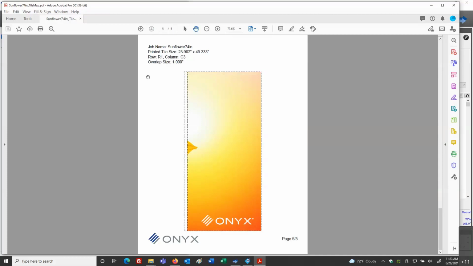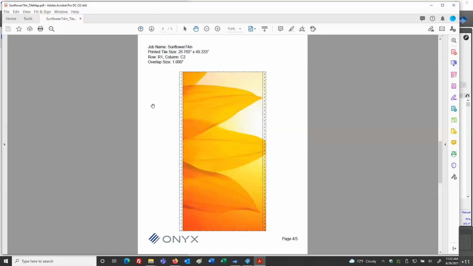Now, the purpose of this PDF tile map is a representation of how the tile panels are, how many they are. There's a visual of the art of the file. And so we can email this to the installation team, and this could be something that they can reference as they are on site and about to install the tile components. At any time in this PDF tile map, if I want to go back to the main page, I can click up here on the job name. You can see I get a little hand finger.